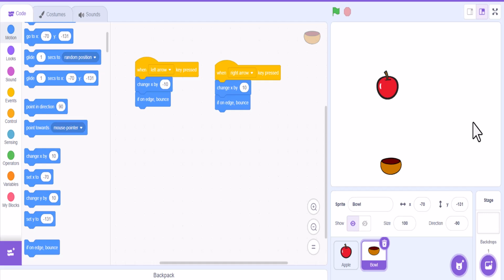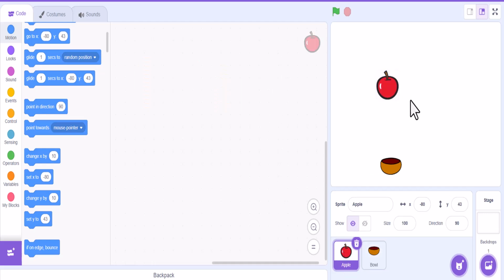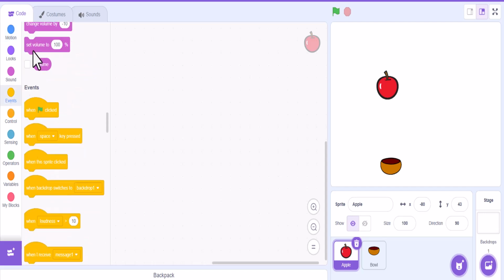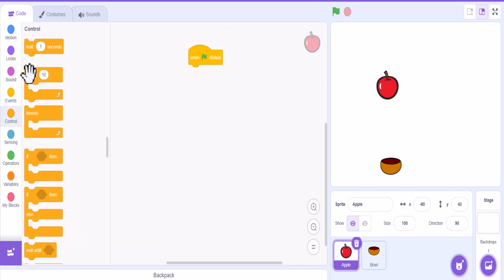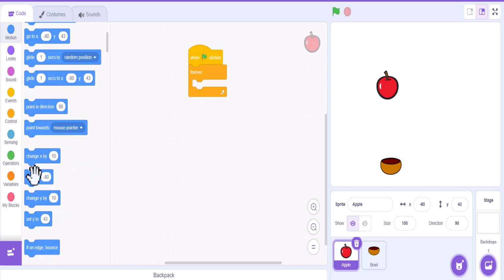All right, so now for our apple. What we want to do with our apple is create a system where it's going to move down the screen, and then when it reaches the bottom or when it touches the bowl, we're going to have it reset and go back up to the top. So the very first thing, I'm going to use the green flag for this, so that when I hit the start button, it's going to go ahead and start. And I'm going to put this in a forever because I want it to run the entire time the program runs. So the very first thing, since I used the other one before, is we're going to change the Y